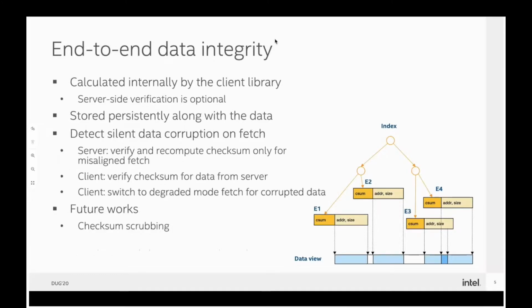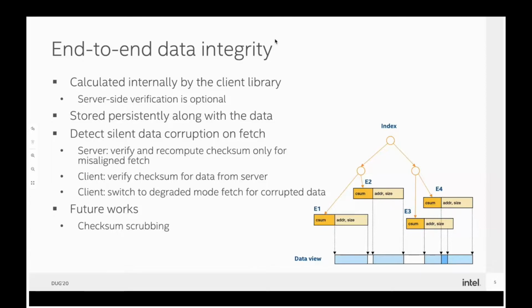The main reason that I went through the self-healing system and the Rebuild protocol is because all the features I'm going to present today are about data integrity and data availability. Checksum is the first feature we developed for these goals.